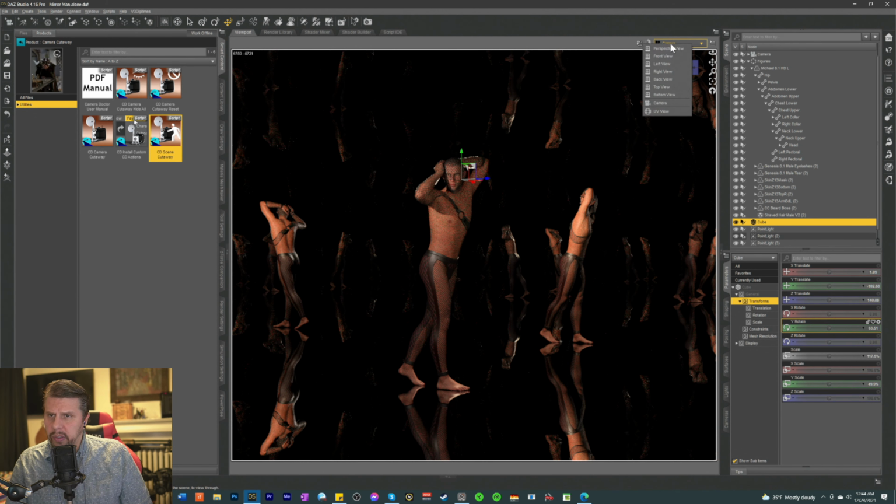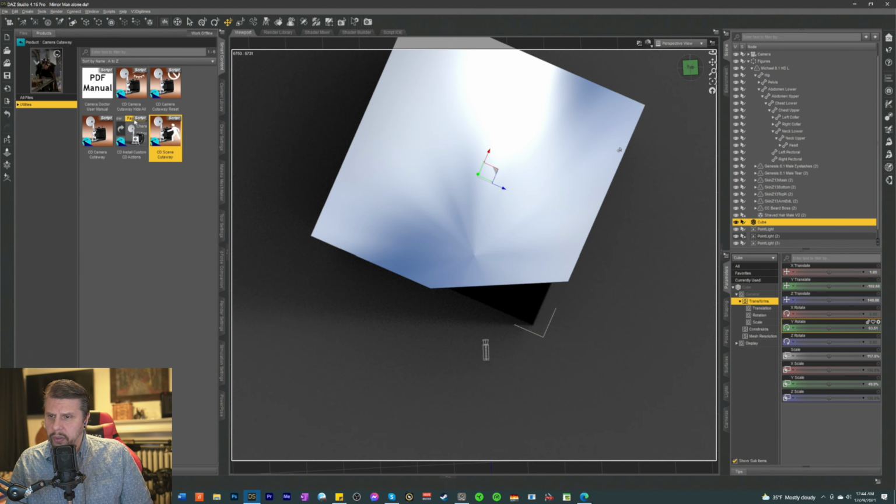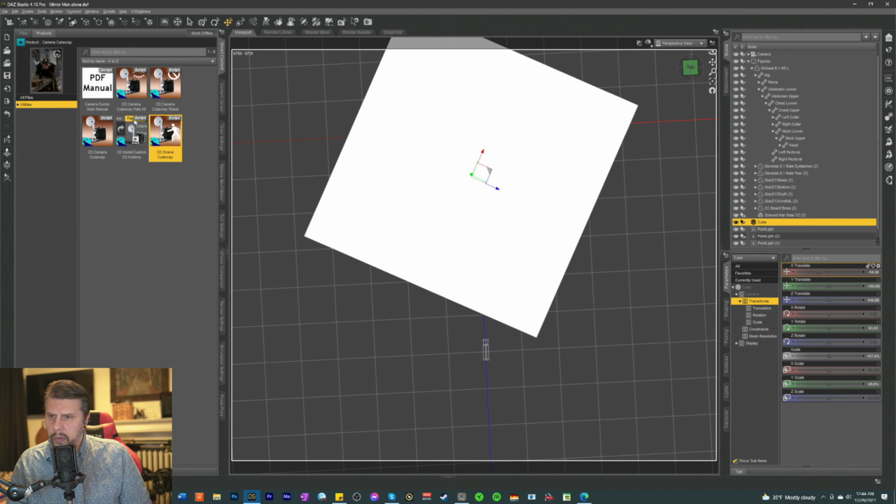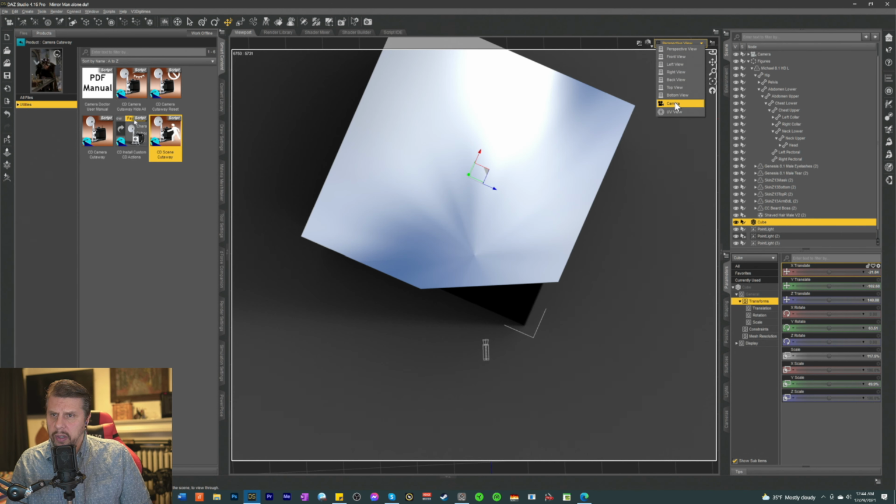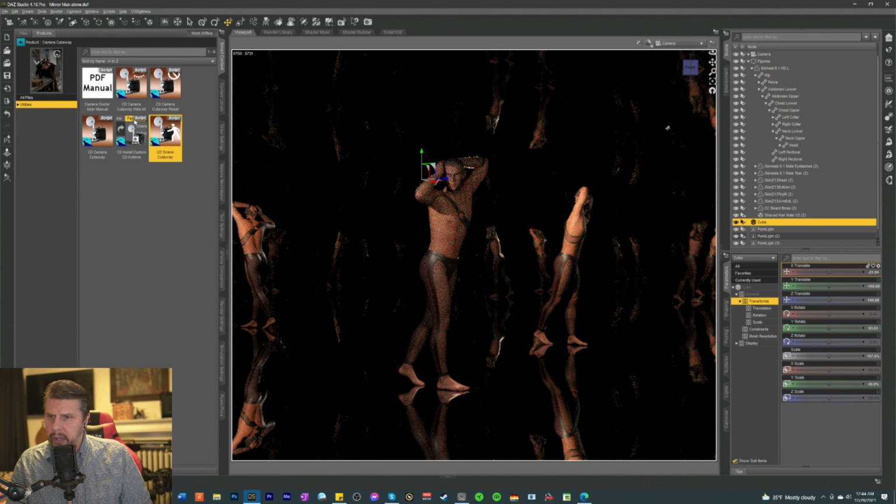Now, when I look at this from the perspective view, I would think that I should probably maybe pull this over like X. Just a little bit like this, maybe. Let's see what that does from the camera again. And okay, and so